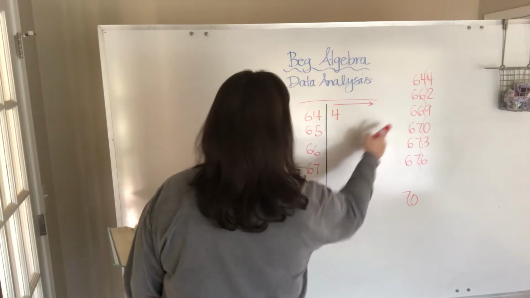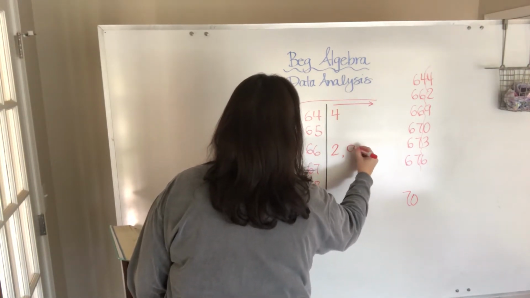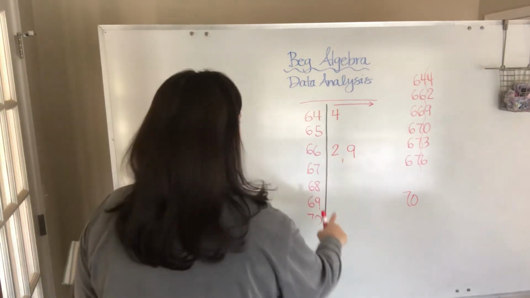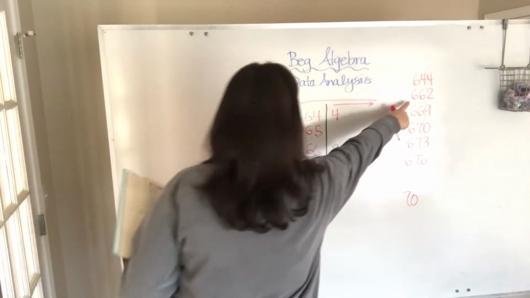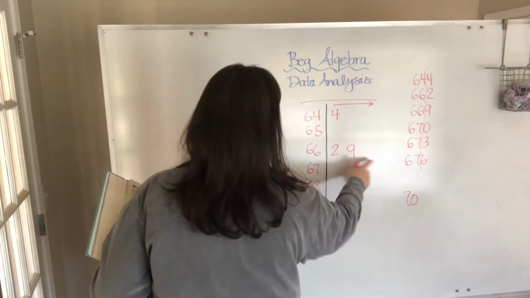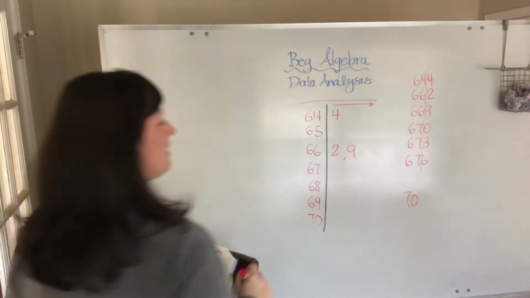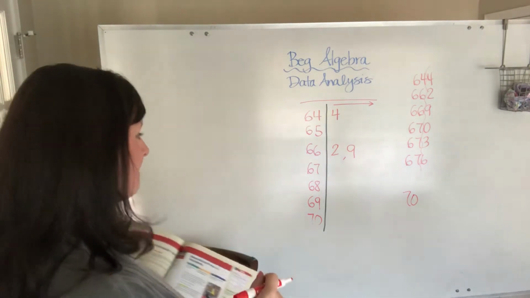660, oh, 2. So I first have a 2, and then I have a 9. Okay, they don't always put commas. That's fine if you do, okay? Because I have 662 and then 669. This shows me, okay, that's my other leaf in the 660 stem. All right,